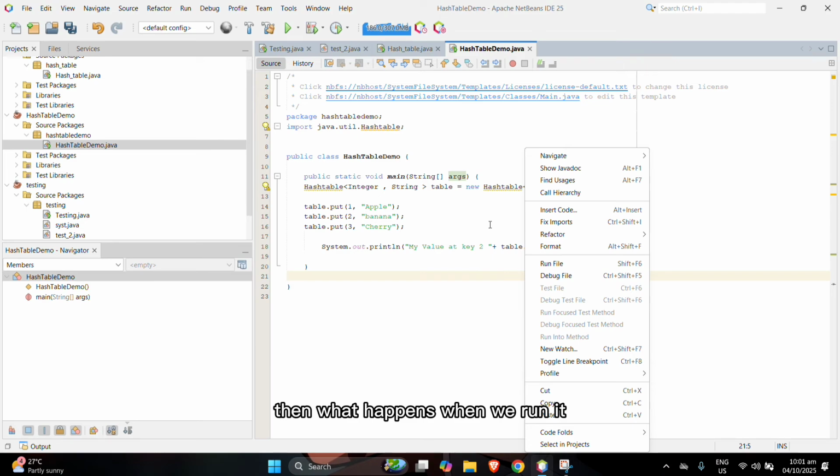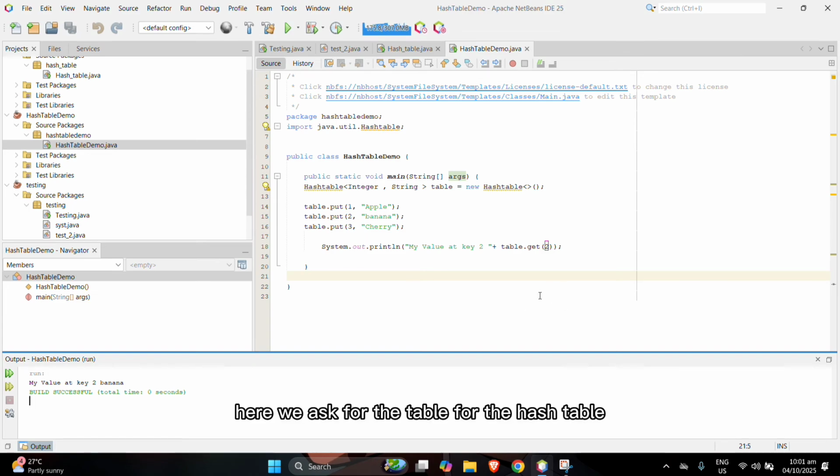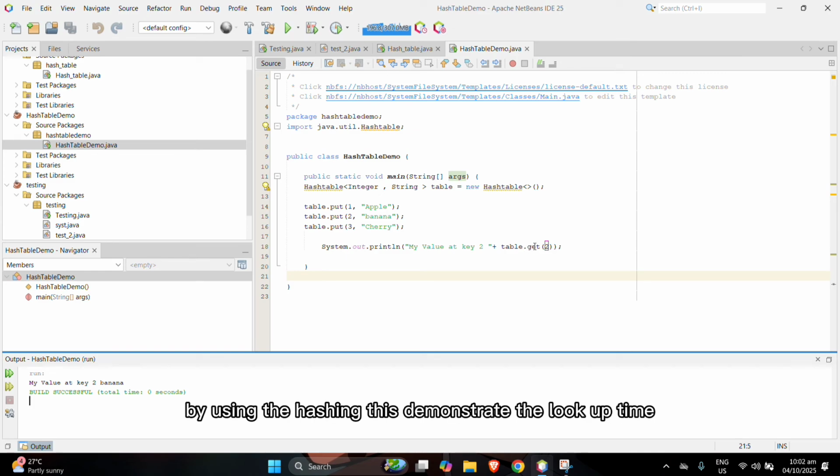Then what happens when we run it? My value at K2: banana. Here we ask the hash table what value is stored at K2, which is banana. The table quickly found the value banana by using hashing. This demonstrates the fast lookup time, which is the main advantage of the hash table.